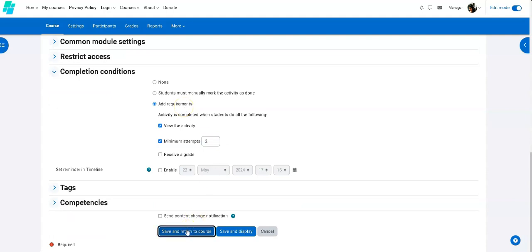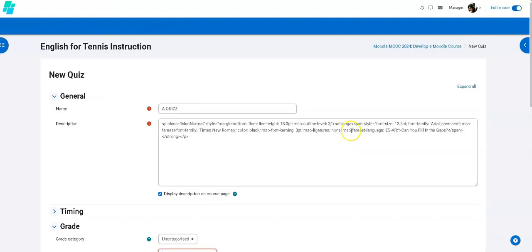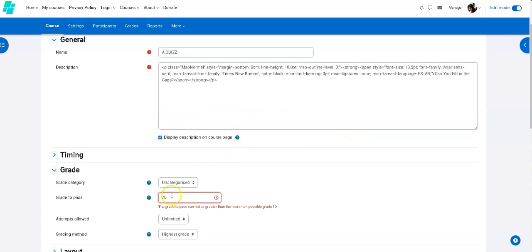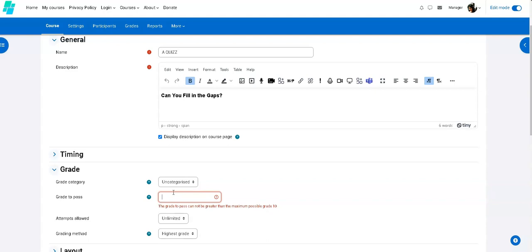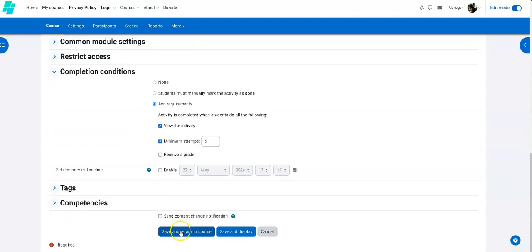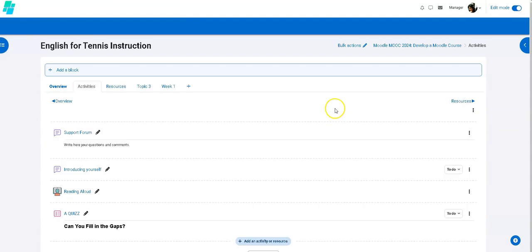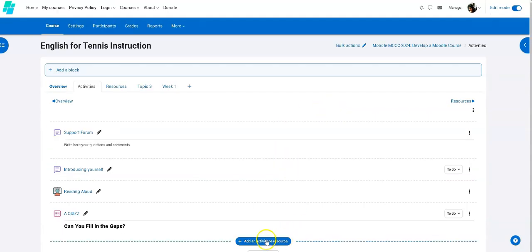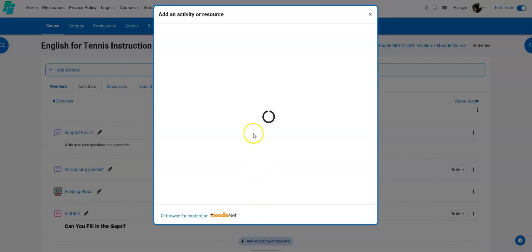Let's go back to course, but first of all, I have something missing. I know that. So that is 7. Okay. Grade to pass 7. Save and return to course. Very good then. Okay, so there's one activity left, which is